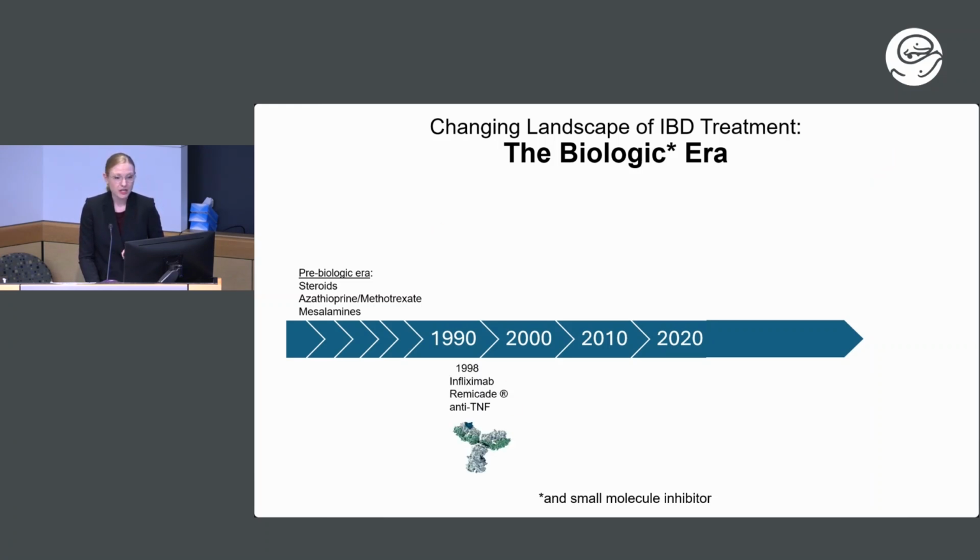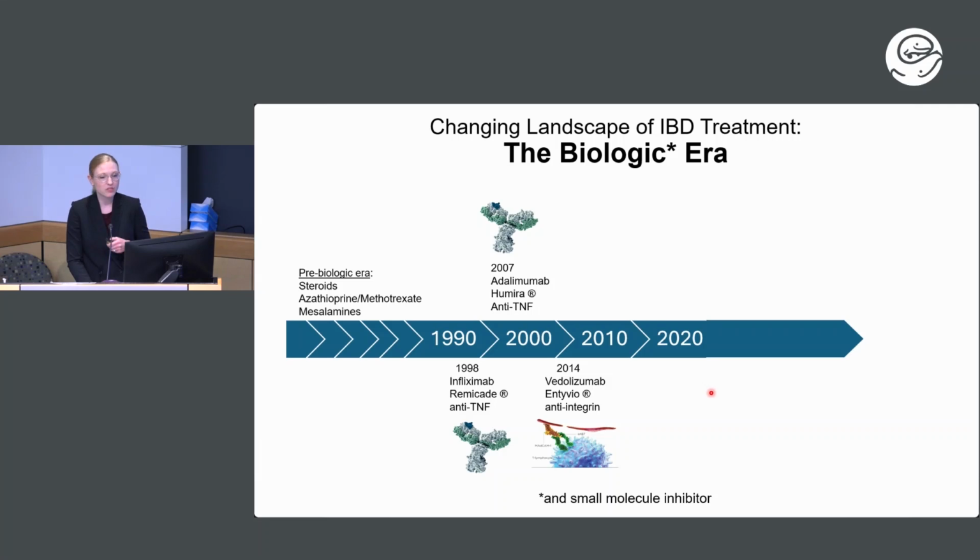Then in the 90s, Remicade or infliximab came out. This targets and neutralizes tumor necrosis factor alpha, a major component in the immune response that's aberrant in IBD. And then later, adalimumab or Humira came out, which is also an anti-TNF. The main difference is that Remicade is an IV infusion, while Humira is an injectable pen that can be given at home. So these dramatically improve the care of our patients with IBD. And even today, these are the foundation of our care for our patients with IBD.